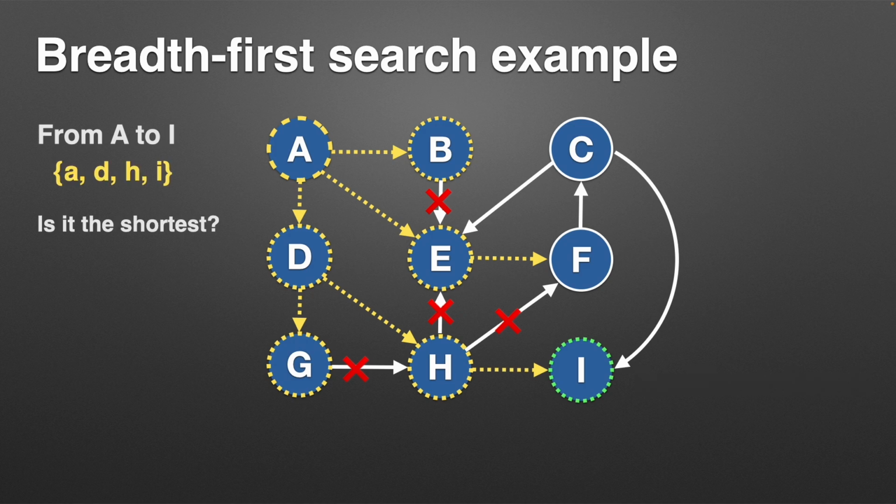And so in this case, is this the shortest path? Yeah, it is. So this will give you that shortest path. And that does make this a pretty powerful technique. It's just a different way of doing this: instead of going all the way in depth into something, we're going a layer at a time.